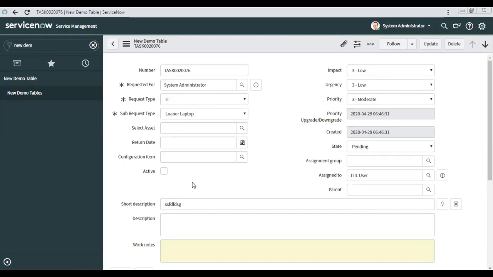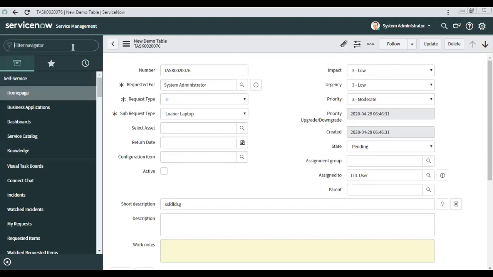So what I want is, as soon as someone raises a request for IT, or raises a demo request for any type of request, it should immediately go to the manager of the requested for, for approval. Second level approval, it should go to, I have a priority matrix in my system. There are approvals defined, like for IT there would be one approver, and for HR there would be some other approval. The approval of the second level should go according to that matrix.